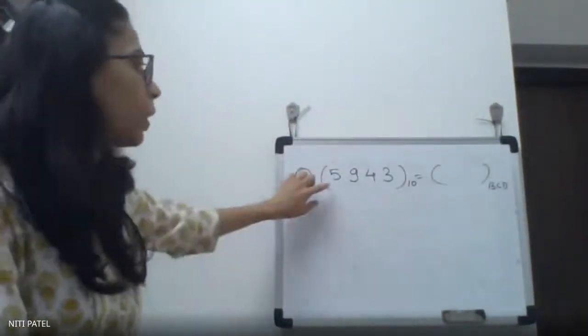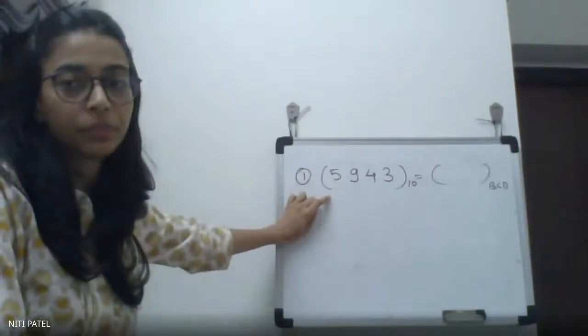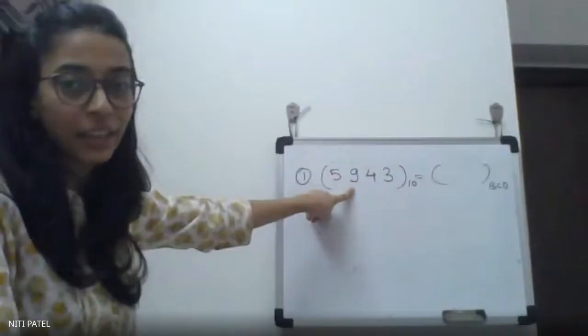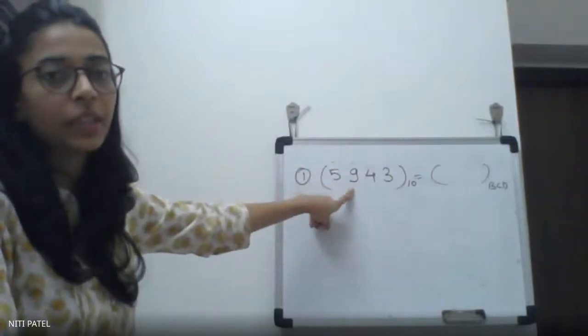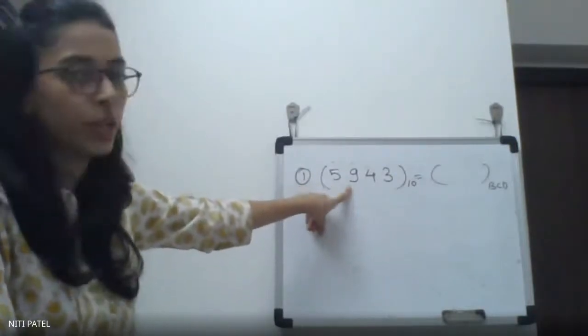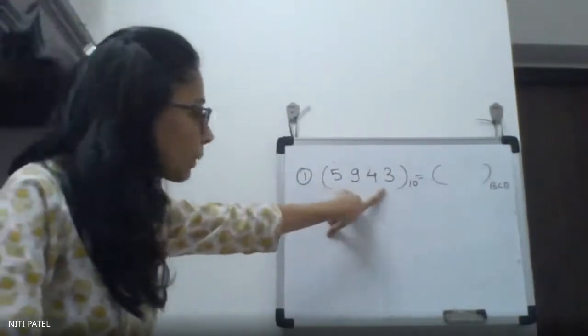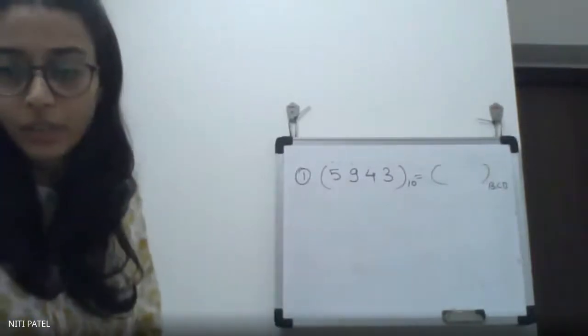Will you use 3-bit or 4-bit? 4-bit. Because of the number 9, which cannot be represented in 3 bits, I have to make use of 4 bits. So each and every digit will be represented in 4 bits.